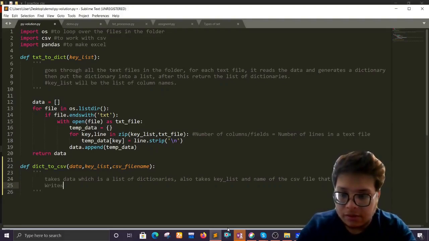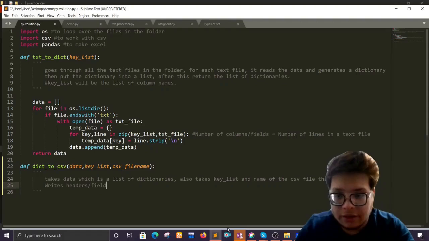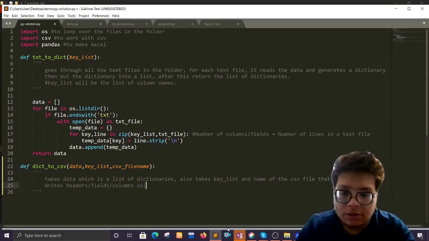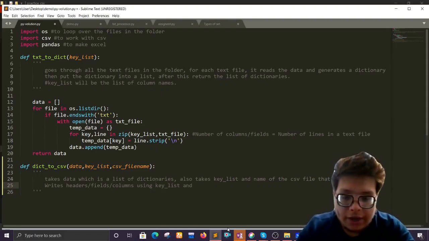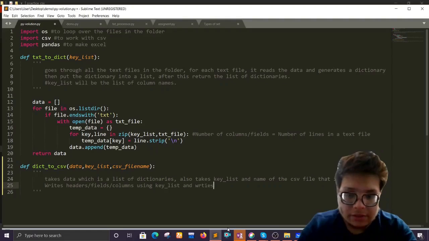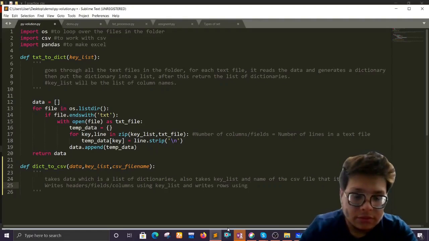Writes header or fields or columns using the key list, and writes rows using